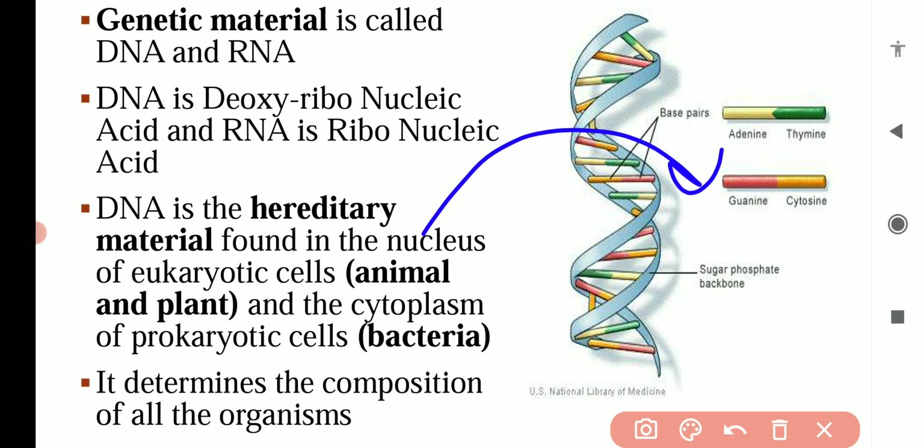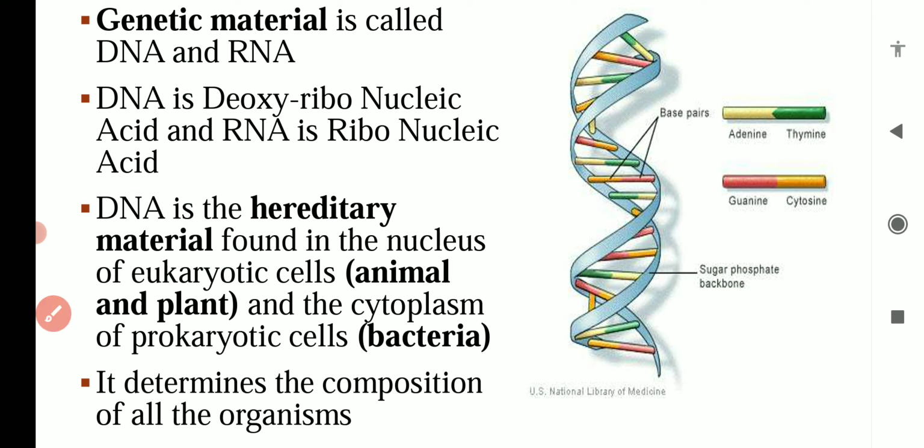We all know that chromosomes go from one generation to another generation. These chromosomes have DNA. So ultimately DNA has the genetic information, the genes which are responsible for development of different characters in different organisms. So basically this DNA is the hereditary material. So it is the basic information about the genetic material.